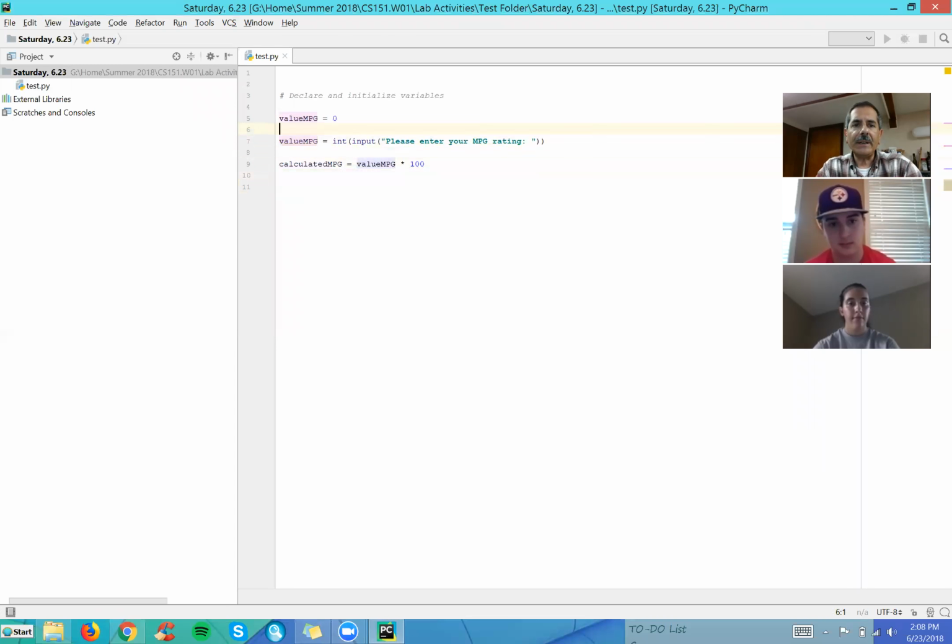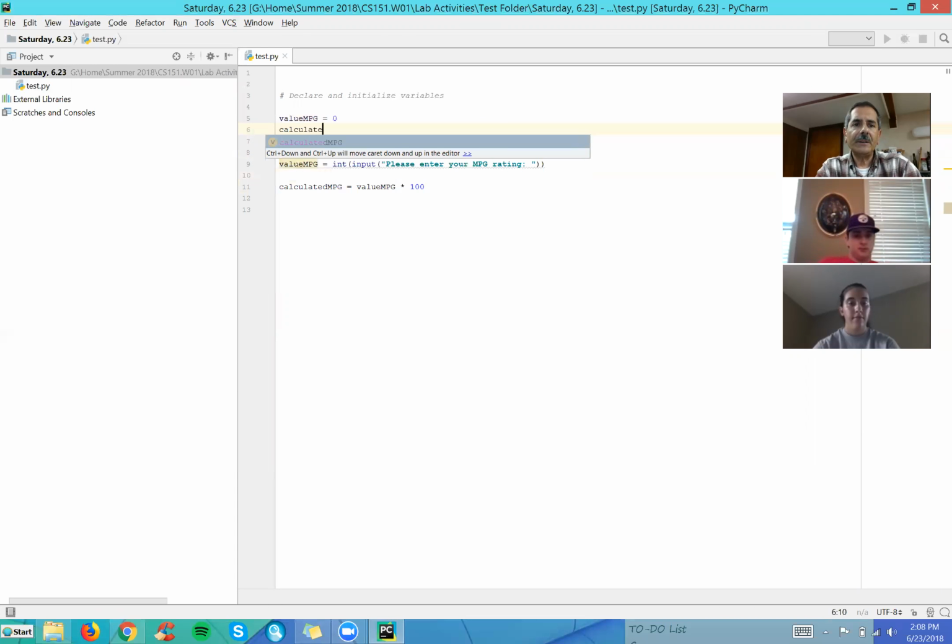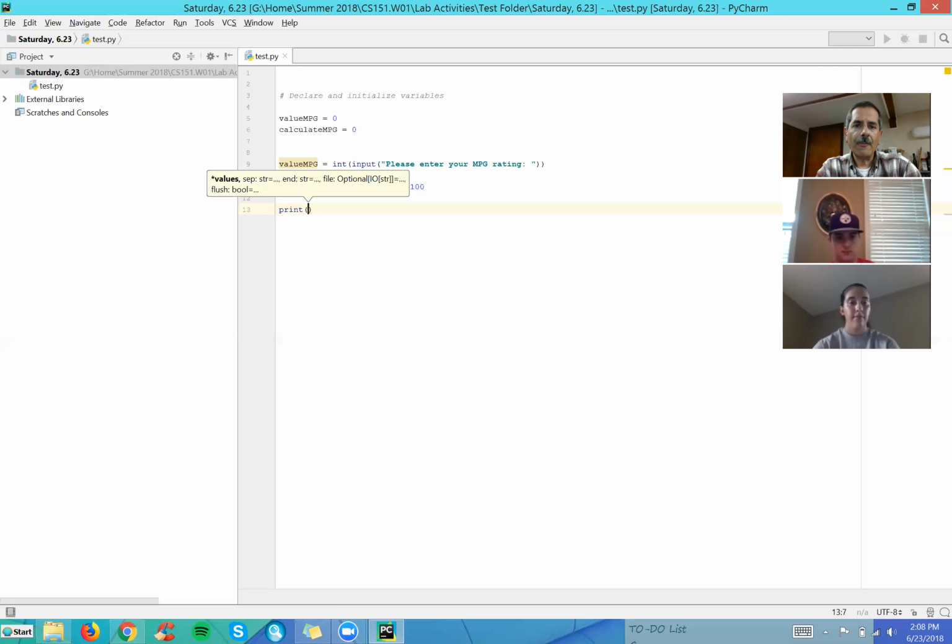But because I didn't declare it first, calculated MPG is equal to 0. And then I'm going to go ahead and print value MPG entered was